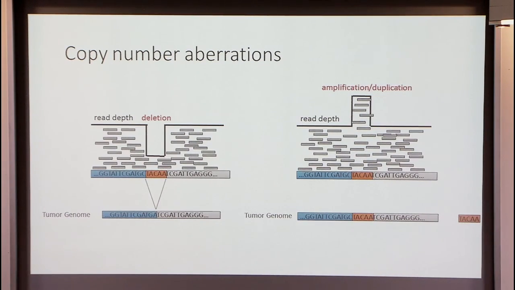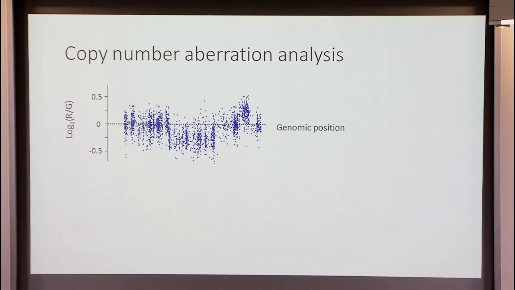Of course, this cartoon makes the process seem very simple, but it gets very complicated as you try to model all the biases, many of the same biases that happen with single nucleotide variants. When you're sequencing and mapping the reads, you have these same biases, and you have to model them probabilistically. We're not going to go into this, but just to say that the signal gets very noisy. For example, each dot here might indicate this read depth signal binned over a certain region of the genome. We see this variation, and now we need to figure out: has there been a change in the number of copies in this region? By eye, you might see that yes, there seems to be some drop in the read depth.